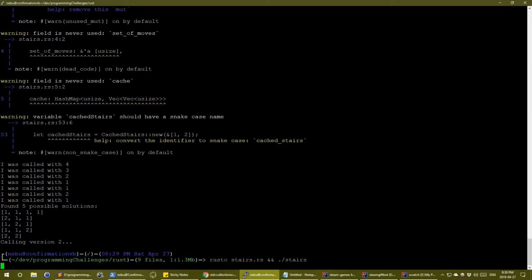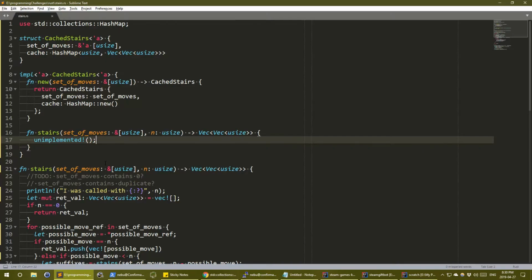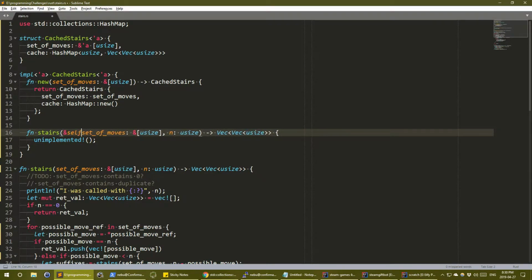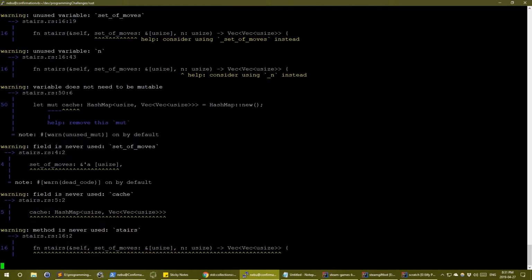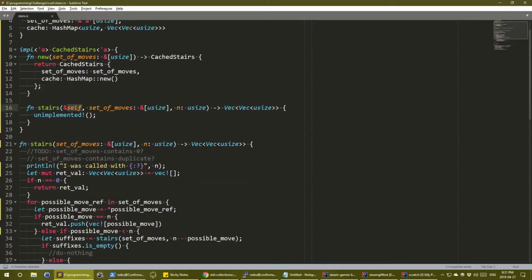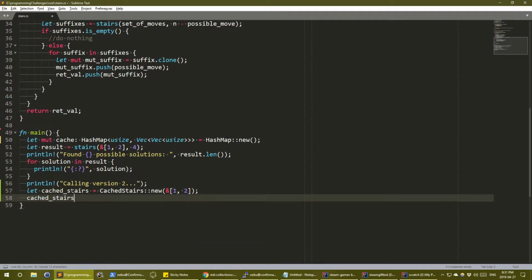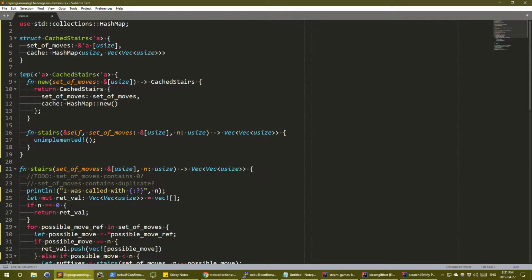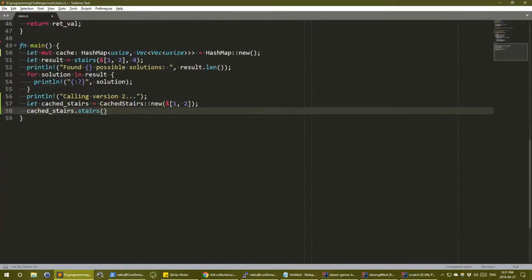So compile this again, make sure this should be fine, and yep, that worked. Okay, so now this is also a static method, and we want to convert it to an instance method. To do that, I'm going to say this function takes a reference to self, a reference to an instance of CacheStairs. So this should also compile just fine. Yep. Now that this is an instance method, I can invoke it. I can say cache_stairs.stairs, I believe is what I call it, right? And then I have a bunch of arguments here, set of moves and n. We're going to come back to this in a moment, but just to get it to compile, I'm just going to